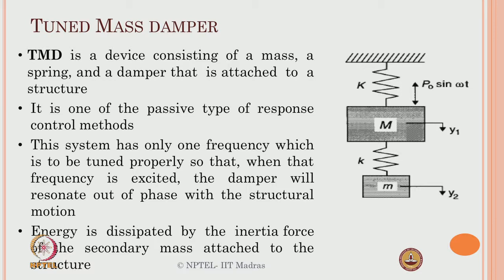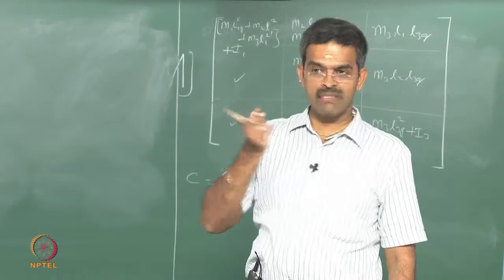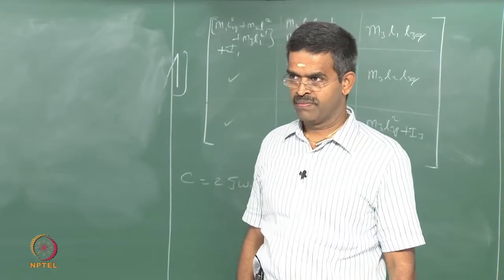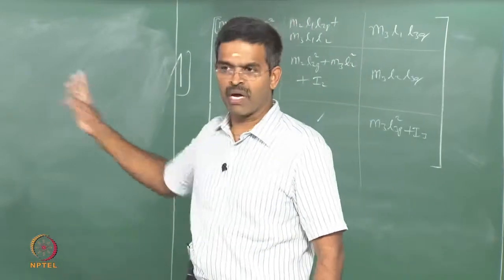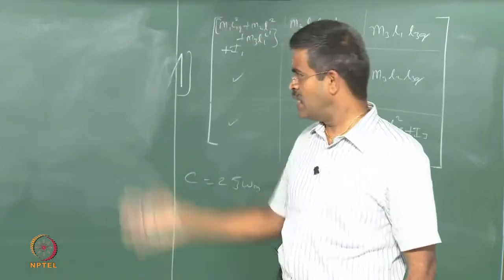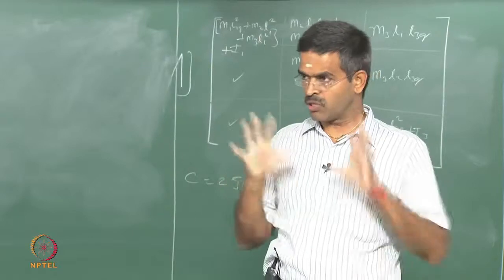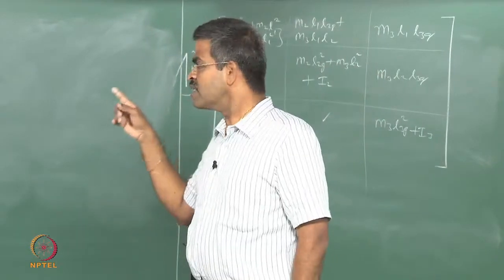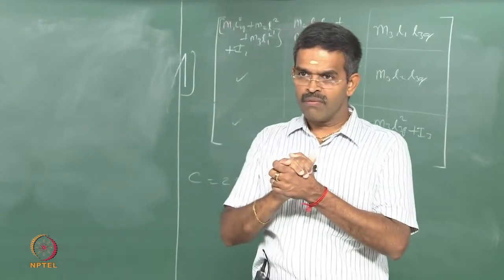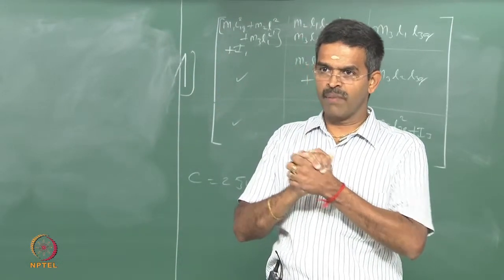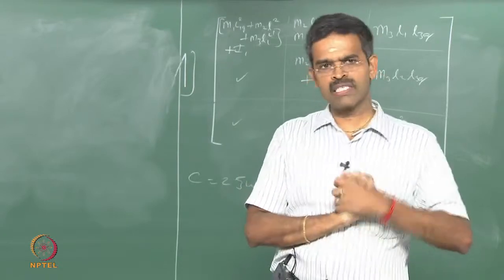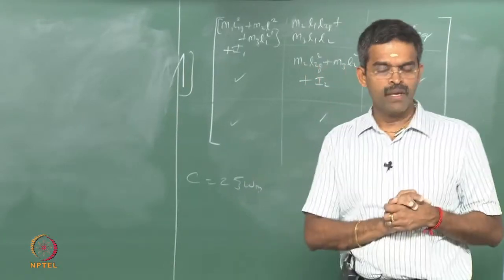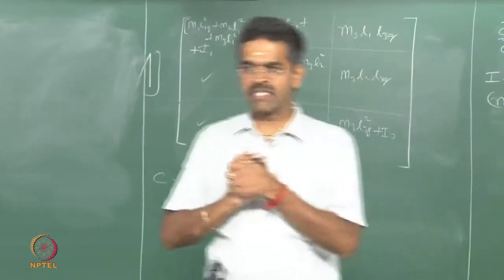Now very interestingly, where you are going to tune this is very important. The primary system will have the maximum response only when it resonates. So the excitation force is P0 sin omega t, for example, or e^(i omega t), maybe sine and cosine components, both are present in the system for a given amplitude of P0. Now when the excitation frequency matches the fundamental frequency of the primary system, the system will be excited to its maximum. That is always, we know that. So the idea is to control that maximum excitation.